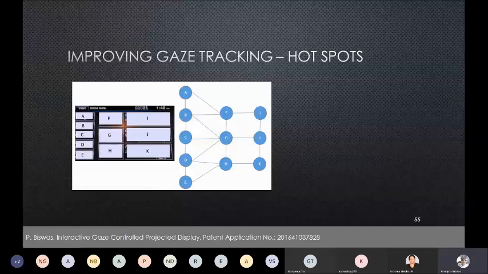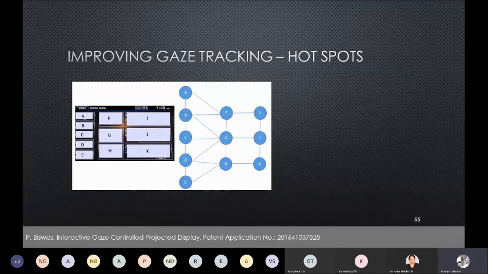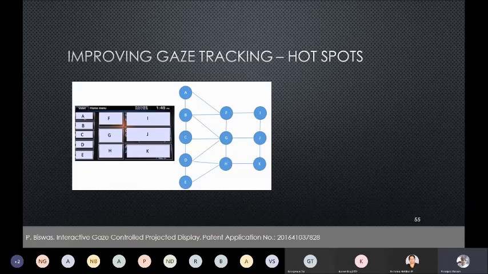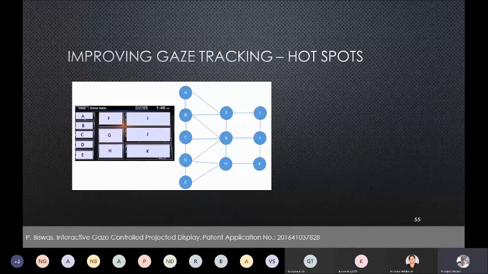Why did we do so? Because we noted that when you are driving, the car is bumping. So even if you are trying to touch button A, by mistake you can touch button B. Similarly, when we are operating this head-up display or transparent sheet, even though you are trying to click button A, by mistake you can click button B or F. Same thing for button C, by mistake you can click button B or D. So all this neighborhood of the buttons, we captured in the form of edges.